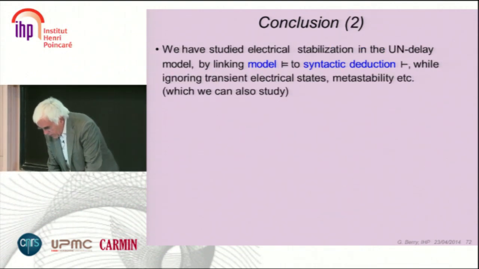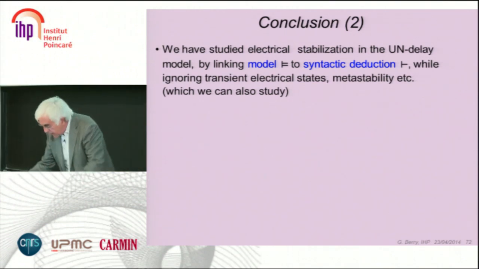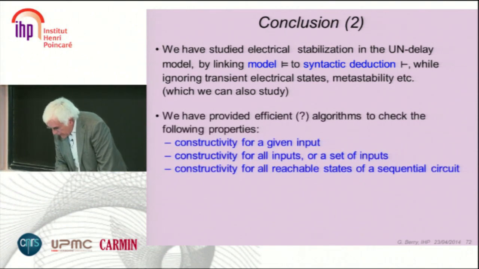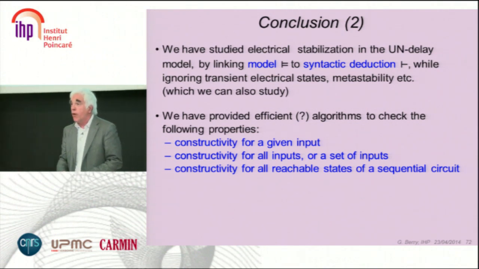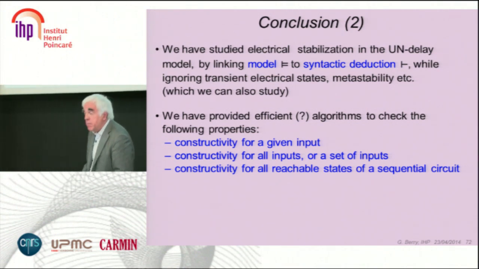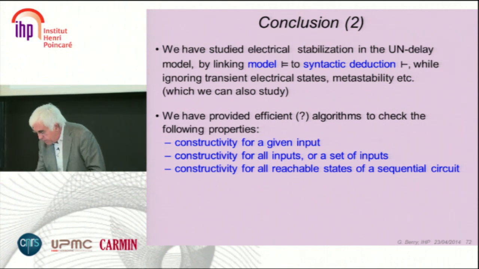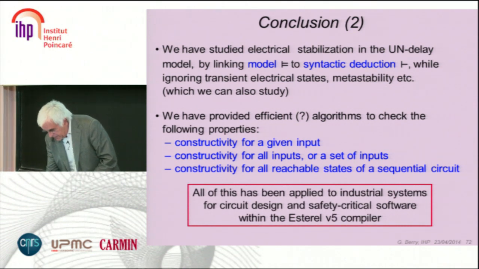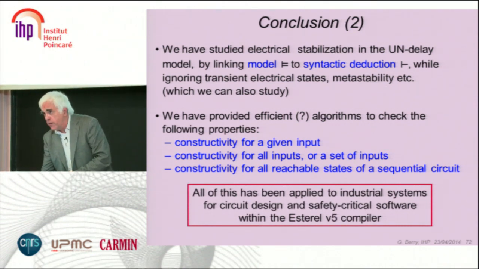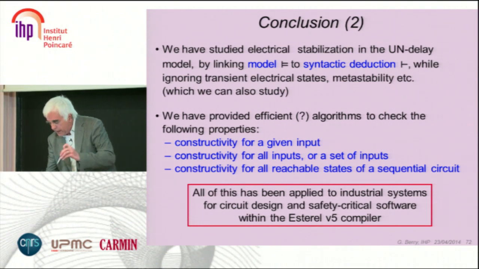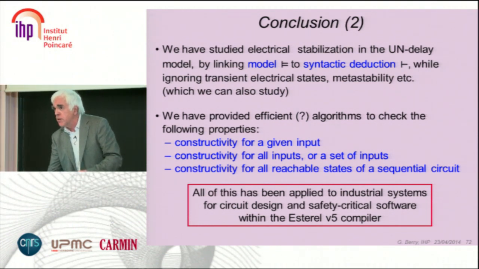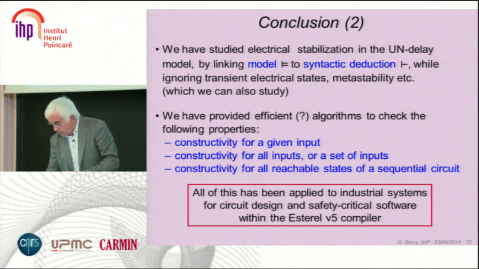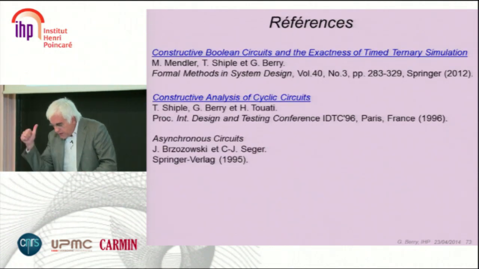And we have a linked model to syntax, but here it's just as usual. And we have all the algorithms for all the things we need in practice on industrial designs. And it has been used, for example, on the Rafale airplane on a large scale. Good. And it's all available. The V5 compiler is not on the web anymore. I don't know why. I will have to put it back. You know, software rusts. And it had not been recompiled since 2001, and doesn't work anymore. Nobody knows why.